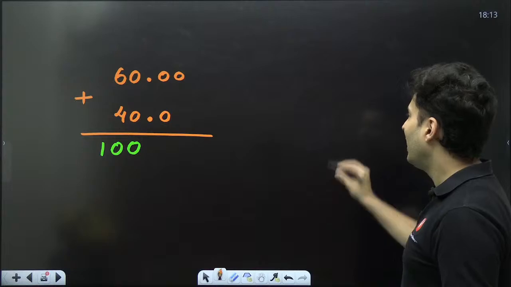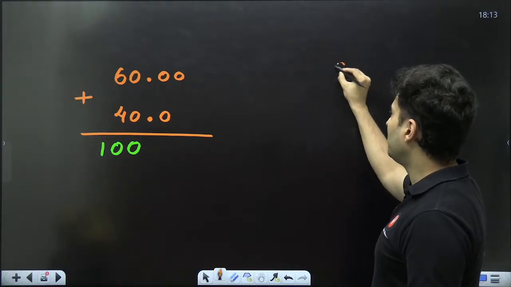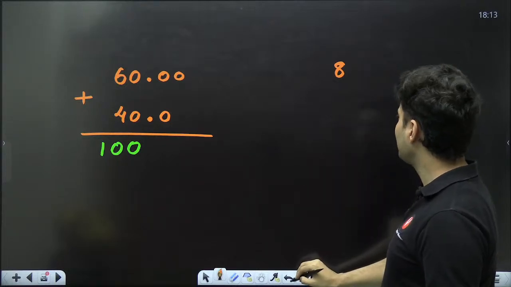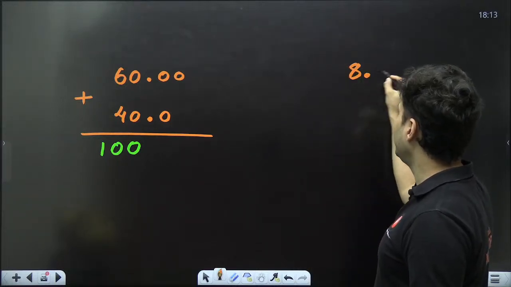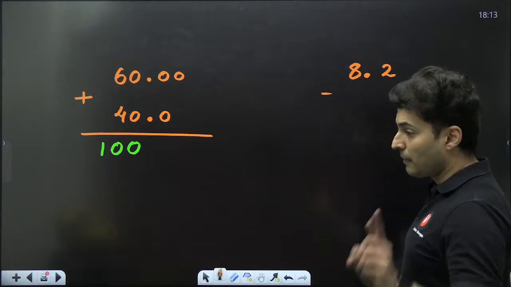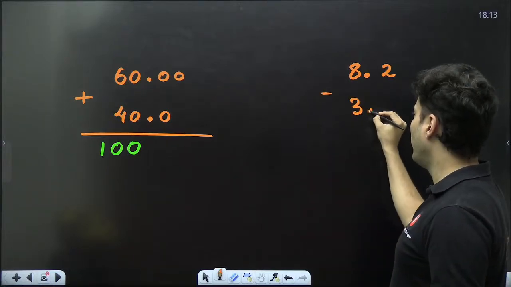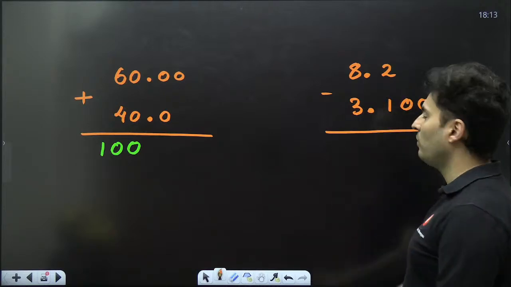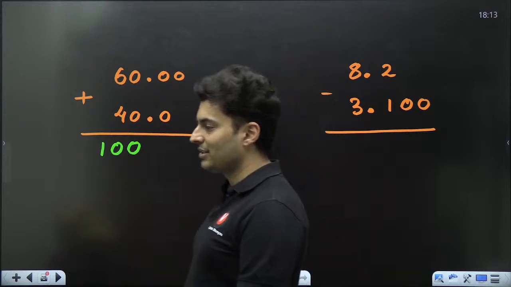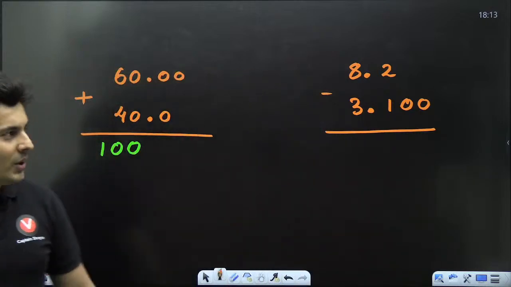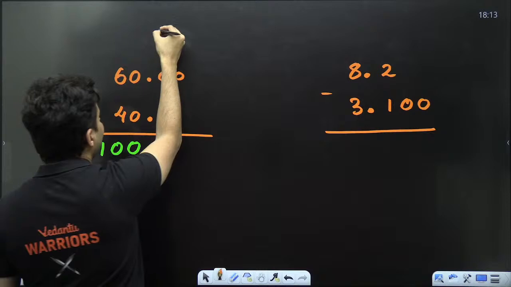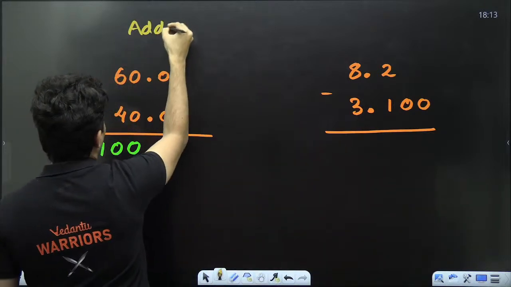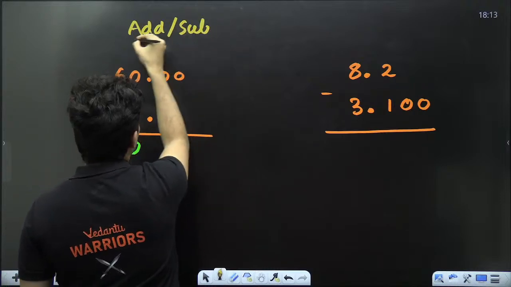Then similarly, I can give you something like 80.2, or maybe just let's do it over here. 8.2 minus 3.100. What do you think the answer for this will be? Crazy, right? So, whenever you have any general addition or subtraction, what you should